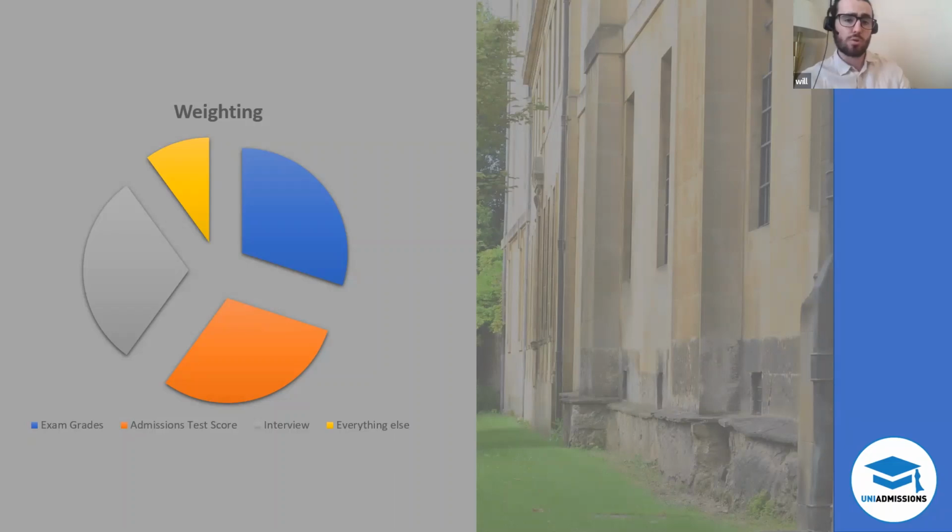In terms of the differences between Oxford and Cambridge, the key thing to be aware of is, of course, that Oxford interview relatively few of their applicants. Cambridge will interview pretty much everyone, up to 90% of their applicants. So, unless you do spectacularly badly at some point in the application, you know that you're in with a good chance of an interview. But with Oxford, it can be as low as 20 to 30% of their applicants that they actually ask to interview. So you've got a really clear choke point there whereby students are being funneled out and rejected.